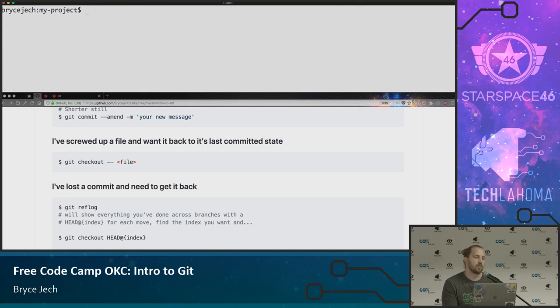Okay, so say you've just massively screwed up a file and you just want to reset it back to whatever it was in the last commit. You don't want to change all of your other files, but you just want to change a single file. You can check that file back out using git checkout. So we've got an